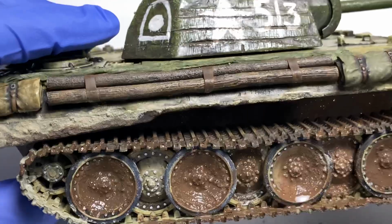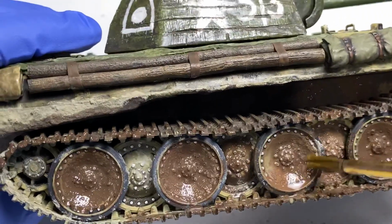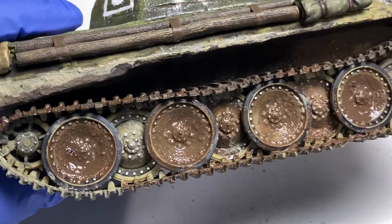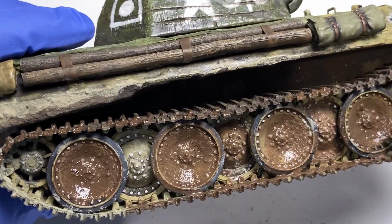And from looking at it, really. But of course, I'll let you be the judge of that once you see the model finished. I'd also like to,